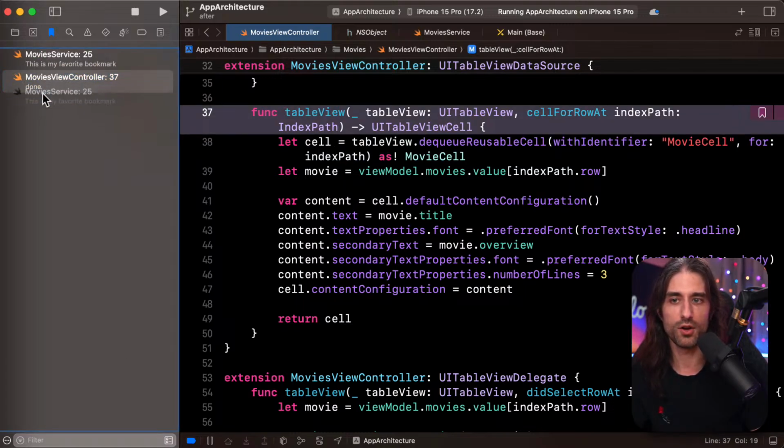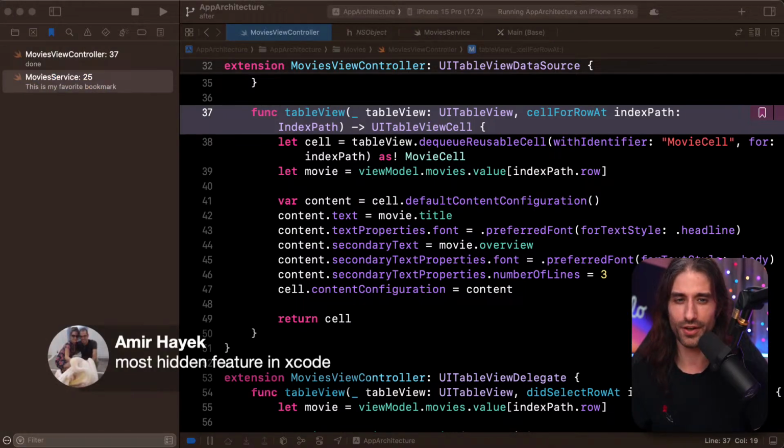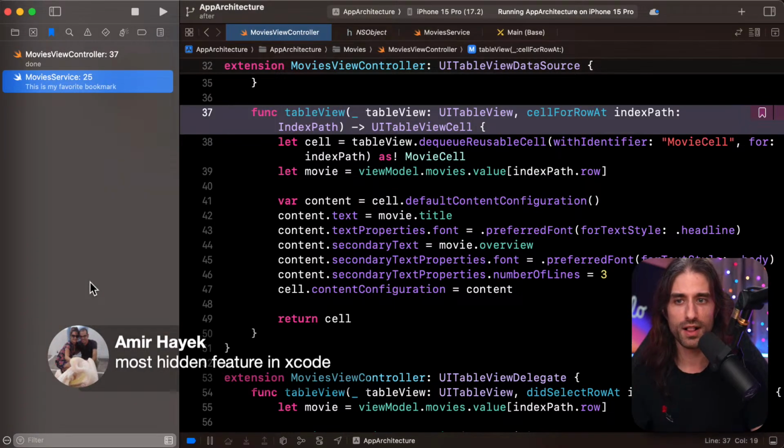Plus you can order them as you want, in a logical order. So indeed, most hidden feature in Xcode, hard agree on that one. But for onboarding people, it can be really useful.